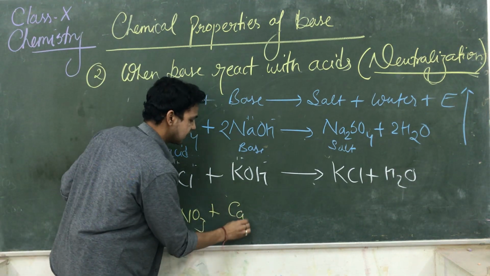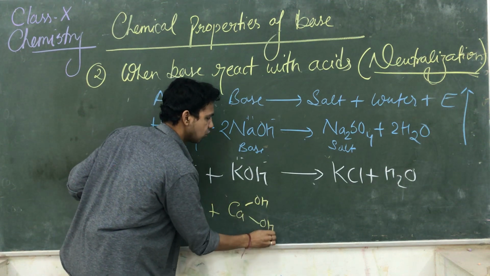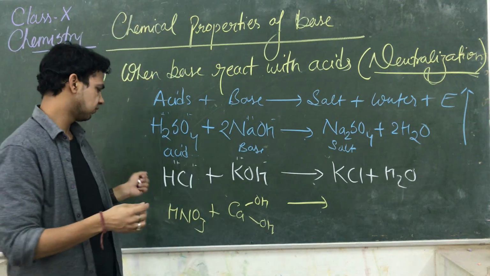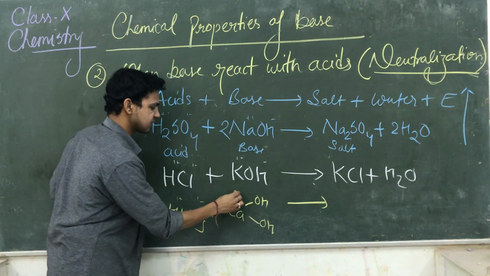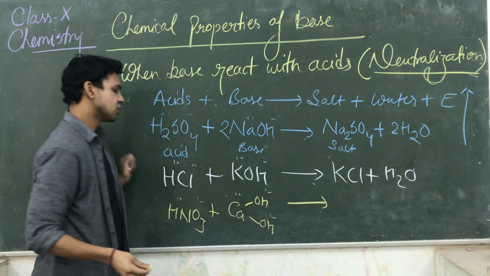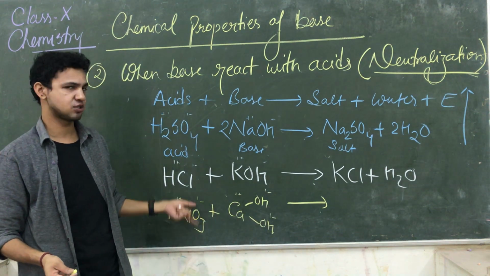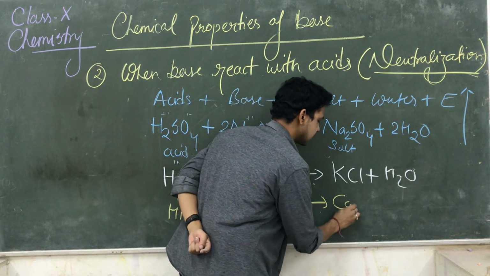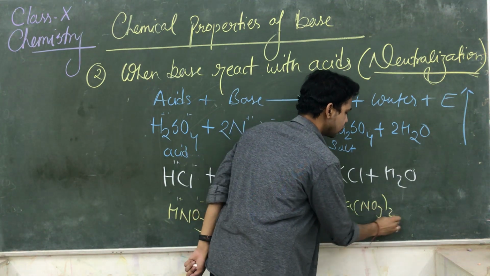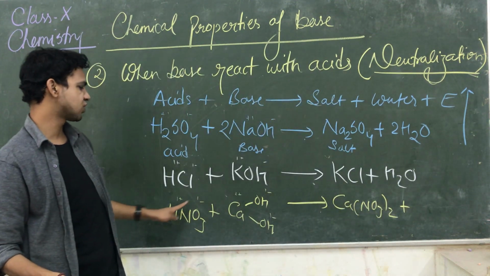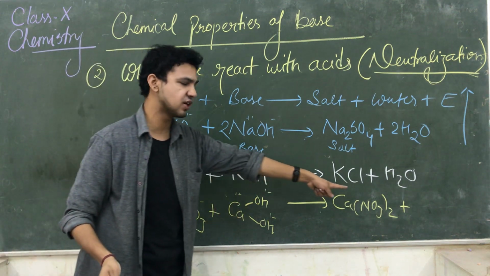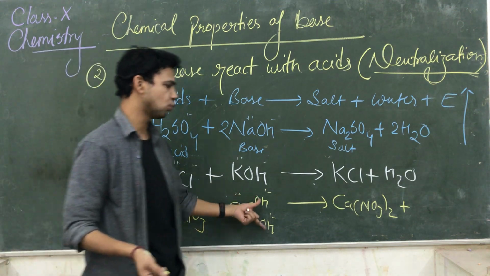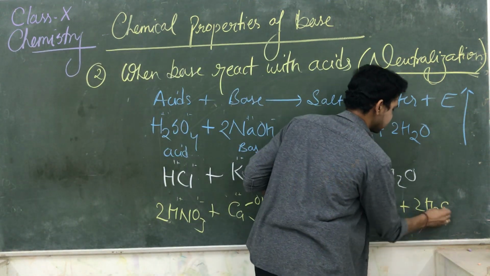Another example, we are taking another acid, suppose HNO3, reacting with calcium hydroxide. Calcium hydroxide is a weak base. You know the other name of calcium hydroxide is lime water. Here H is plus, NO3 is 1 minus, Ca is 2 plus, OH is 1 minus. So Ca2 plus reacts with NO3 1 minus, and we cross their valencies, so it forms Ca(NO3)2. Here H reacts with OH. How many NO3 are there? 2, so we need to write 2 here. So 2 hydrogen react with 2 OH and give you 2 H2O.